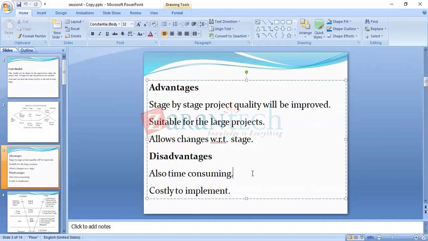Do you know why it is costly to implement? I'll tell you. Suppose we have completed analysis.